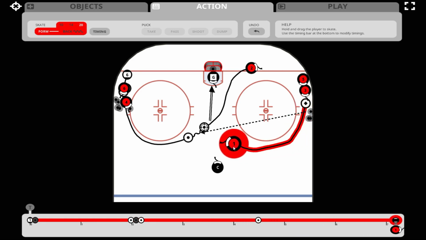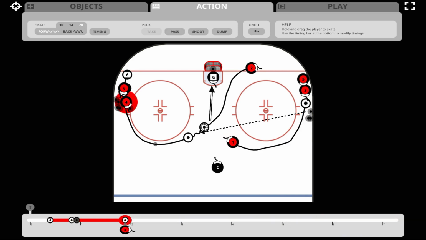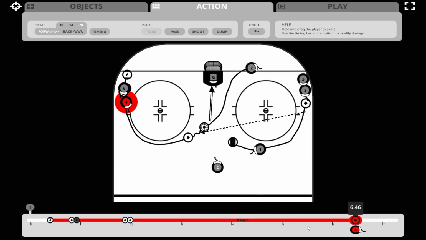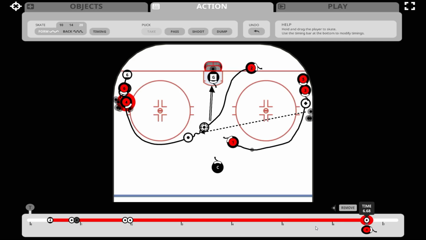And we want number 1 to get the pass in precisely the same area. So number 4, remember the last timing point was they finished skating in line, so we must add 2 more timing points to create a little space of time on that timeline where player 4 is waiting until player 1 gets into position to take the pass. Again, we'll make that pass when player 1 is about 2 meters before the reception point. We now click Pass, we click the player,